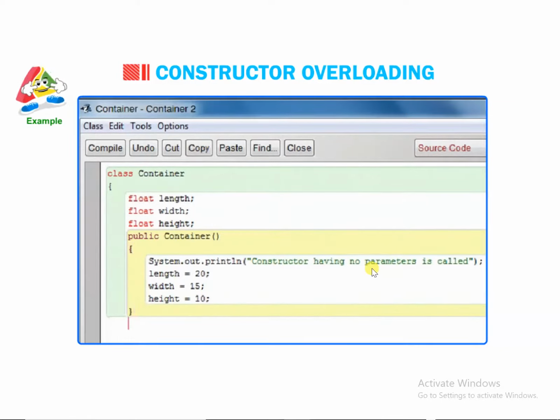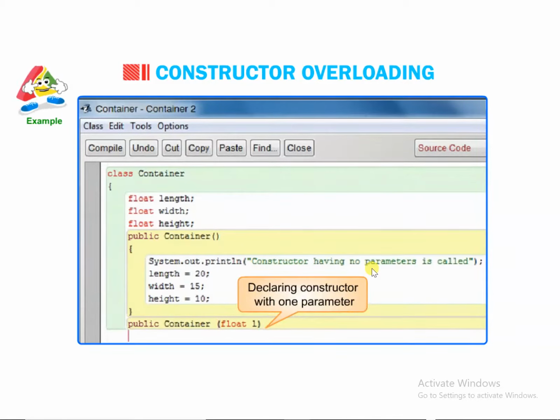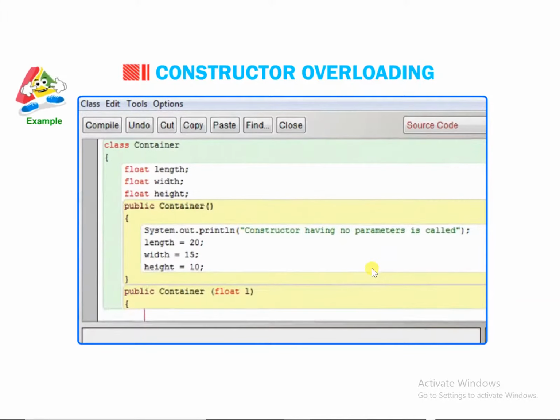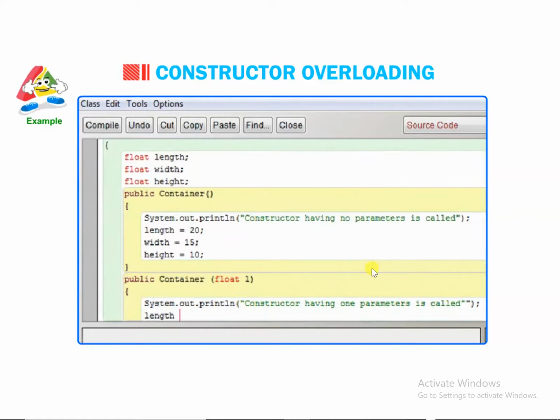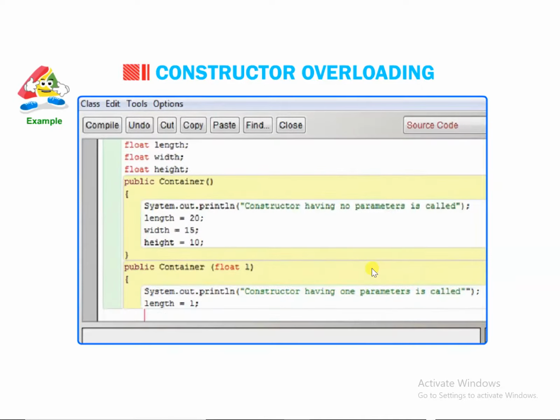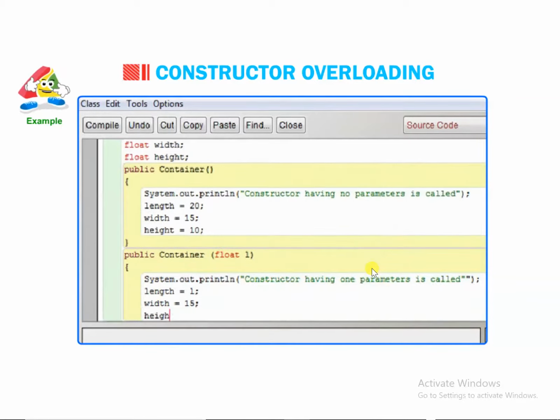} public Container(float length) { // declaring constructor with 1 parameter System.out.println("Constructor having 1 parameter is called"); length = L; width = 15; height = 10;